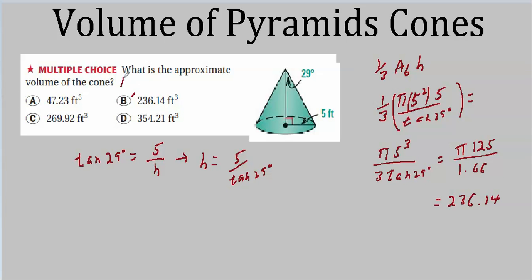And as they said, the approximate volume, depending on how you round these numbers off, you get anything from 236.02 to 236.6. They said approximate, but then they added two places here. That seems fairly exact to me. But anyway, this is how you would have done it. All you had to do is remember your formula for the volume of a cone.